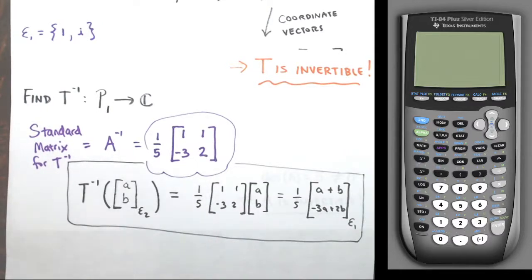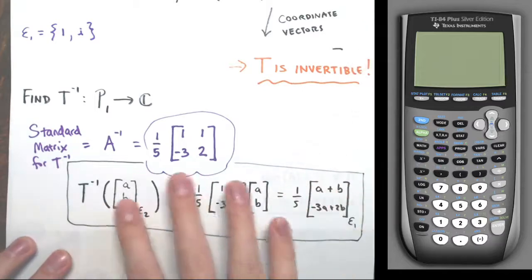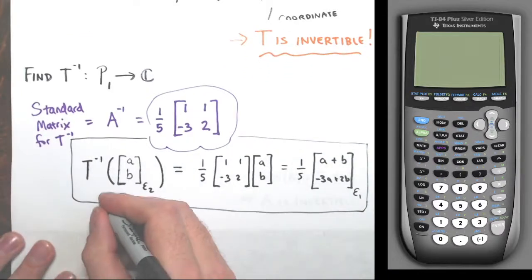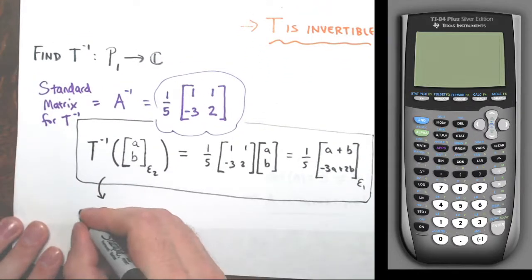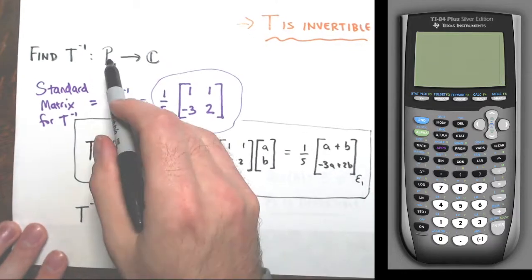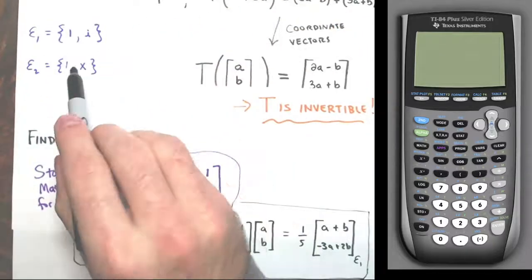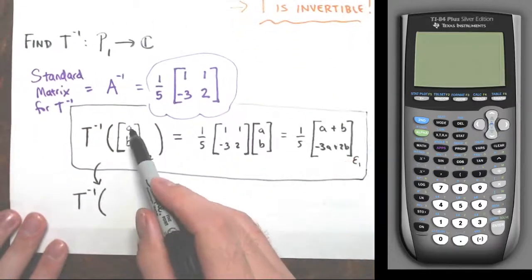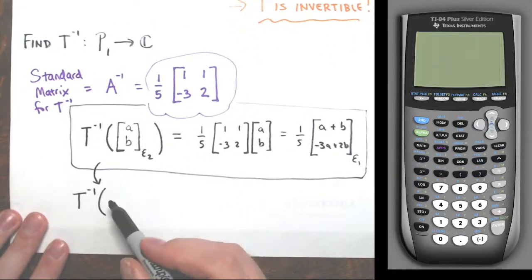So now let's just check this out. I'm just going to check one direction. So let me go back to T. Oh, you know what? This is involving coordinate vectors. So let me actually put the rule for T inverse, so then I translate back to normal vectors. So T inverse of, remember my input here is a polynomial, and I put the basis vectors in order of constant and then x term. So this coordinate vector here represents the polynomial a plus bx,